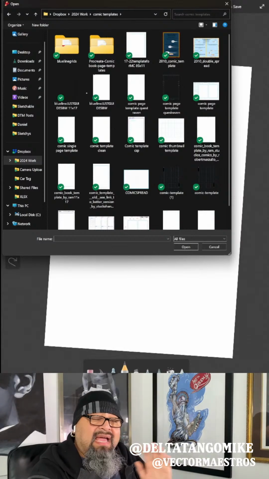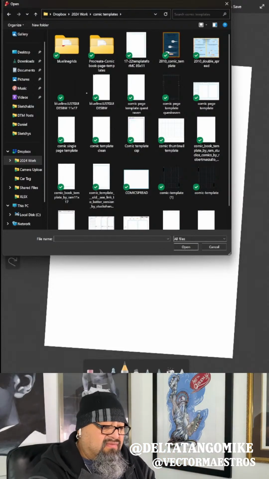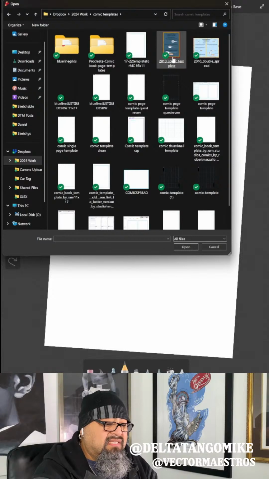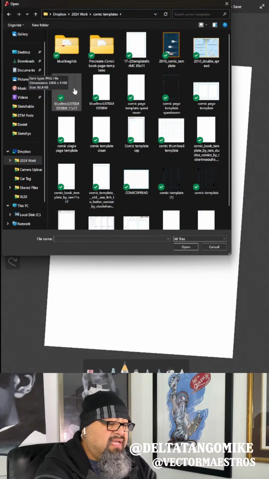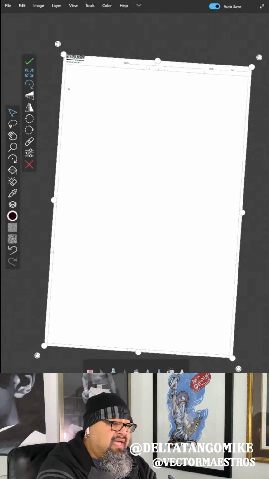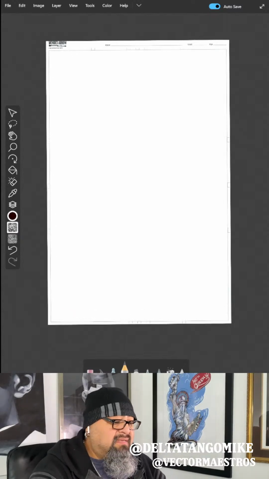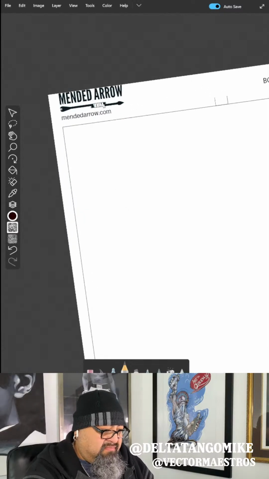Okay, so I have that 11 by 17 artboard set, right? And so then I can look through some of my templates, and I have a ton of them, but I'm looking for the one that's going to be 11 by 17, so this is not it. And I wrote 11 by 17 on it. There it is. Blue line, just gooey something something 11 by 17. So click on it and boom, and it drops right in on the artboard. The template drops right in on the artboard, and this is shared by Mended Arrow.